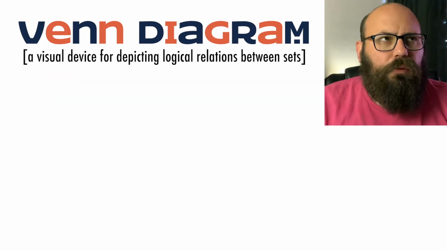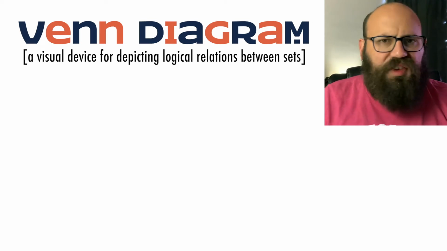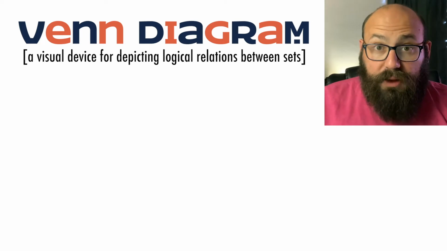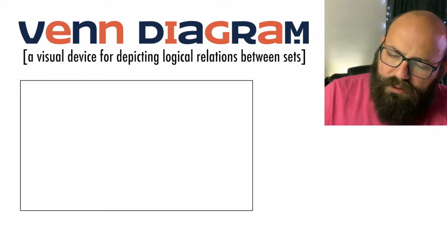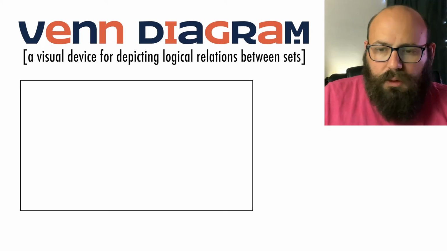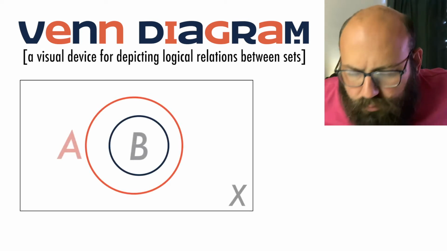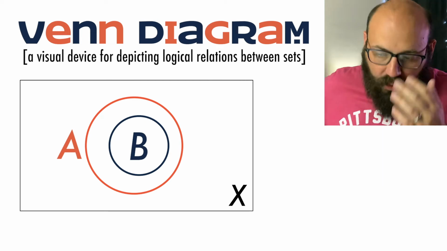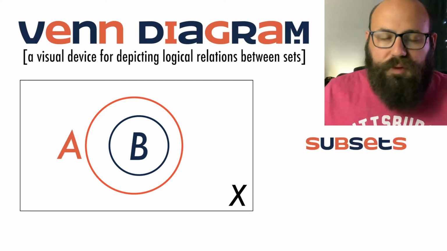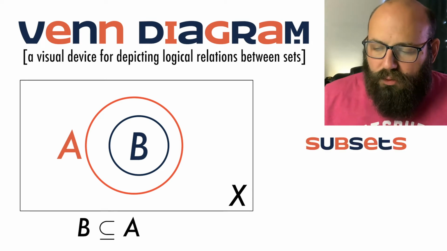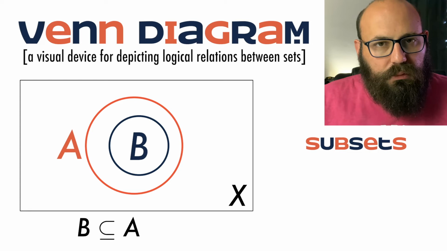Well, then you might be saying to yourself, we talked about five things. Does if-then have some sort of set representation? And the answer is yes. So let's again draw a Venn diagram. In this case, I'm going to have set A, and I'm going to draw set B completely contained within set A. So this state of affairs means that B is a subset of A. In other words, everything that lives in B also lives in A.